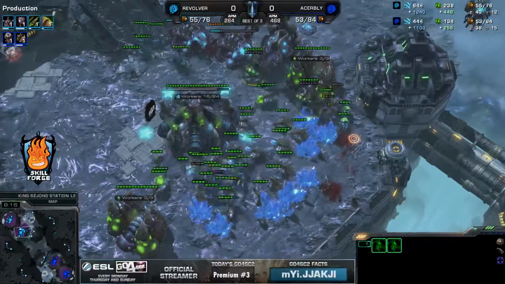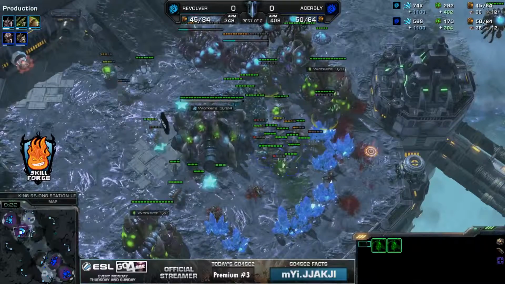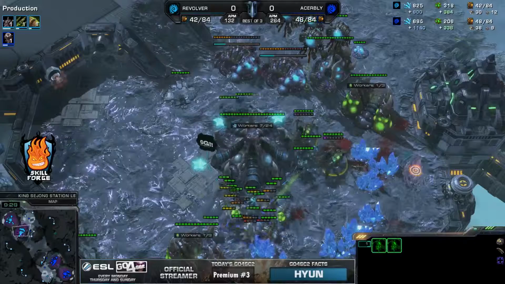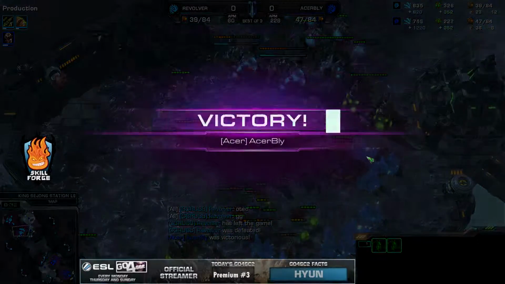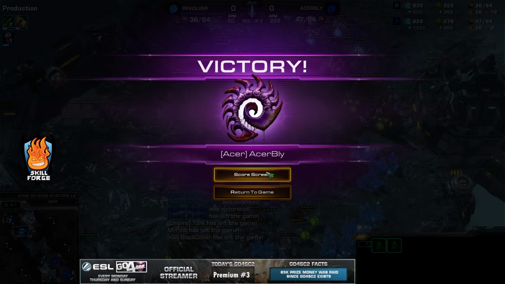The Zerglings make it into the main base. A little bit of a mistake once again. Nice baneling detonation, killing off a few of those drones very quickly. Hold position micro from Bly to get more and more worker kills. Now, there is going to be the GG. Bly was able to bust through, take game number 1, and he is going to be at